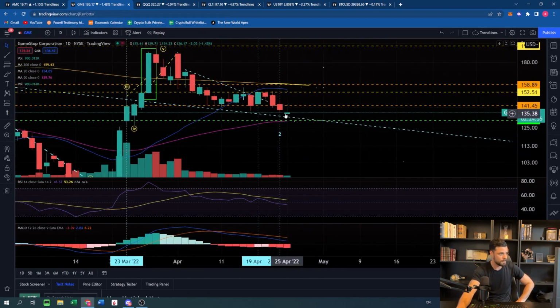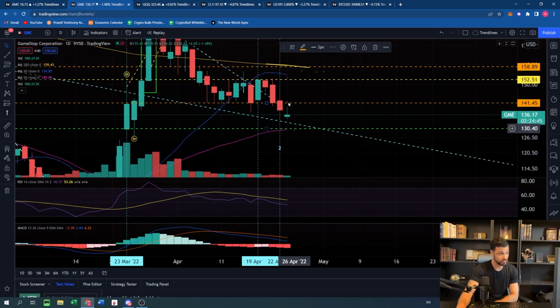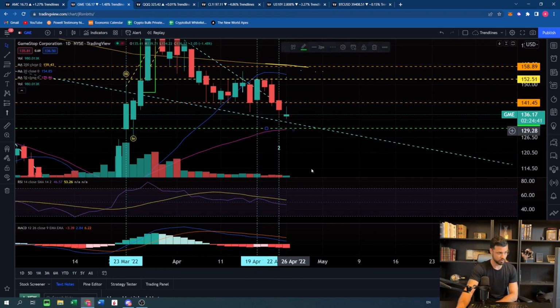So GME closed the day on Friday down 2.3%. We broke out below the 141.5 level that I told you guys is important. We are now in this area where I don't see any support before 130. So my take is that at some point, either we come back to 141.5 and then we drop, or we drop first and then we go there. But at some point we need, I think, to find some support here.